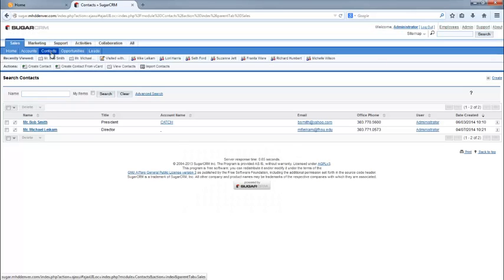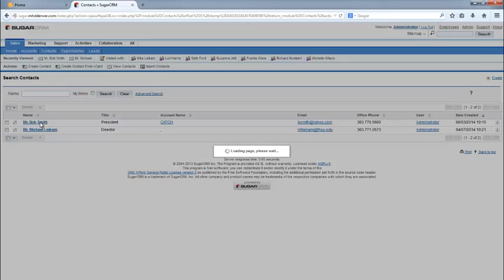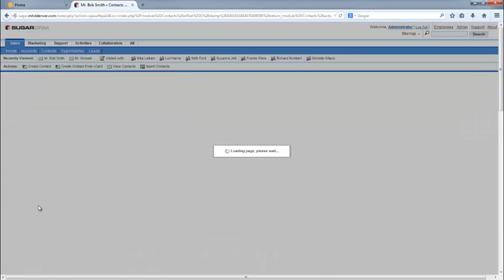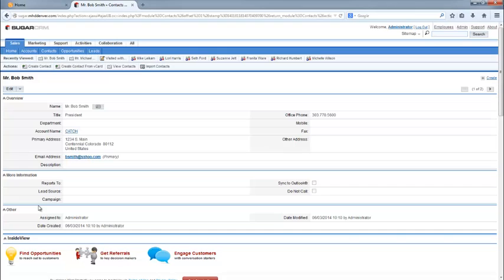when we click on Contacts up here, we have a Mr. Bob Smith. So now the neat thing about this is that once we click on Mr. Bob Smith, we're going to be able to track every correspondence, every email, every conversation that we have with Mr. Bob Smith. So if Rick goes in and has a meeting with Bob Smith and he comes back with meeting notes,